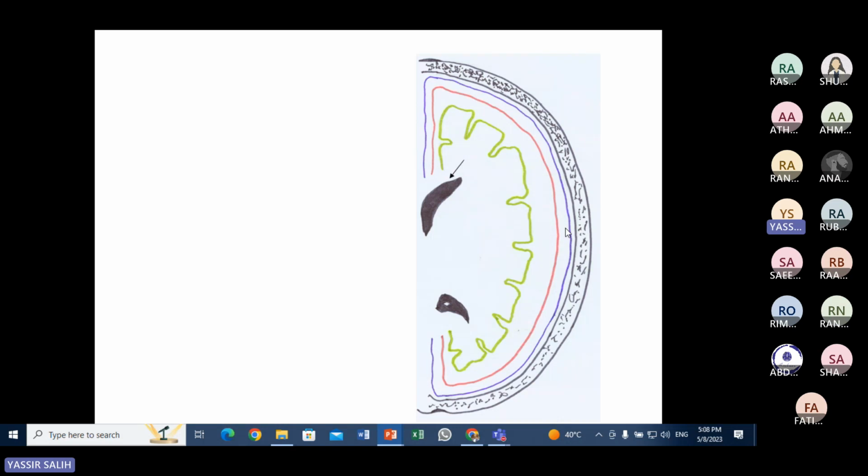And the space between the dura mater and the arachnoid mater is called subdural. And the space between the dura mater and the skull is called extradural or epidural space. This is the epidural or extradural space, this is the subdural space, this is the subarachnoid space, this is the brain parenchyma, and this is the lateral ventricle. These spaces are very important because blood may accumulate in these spaces,